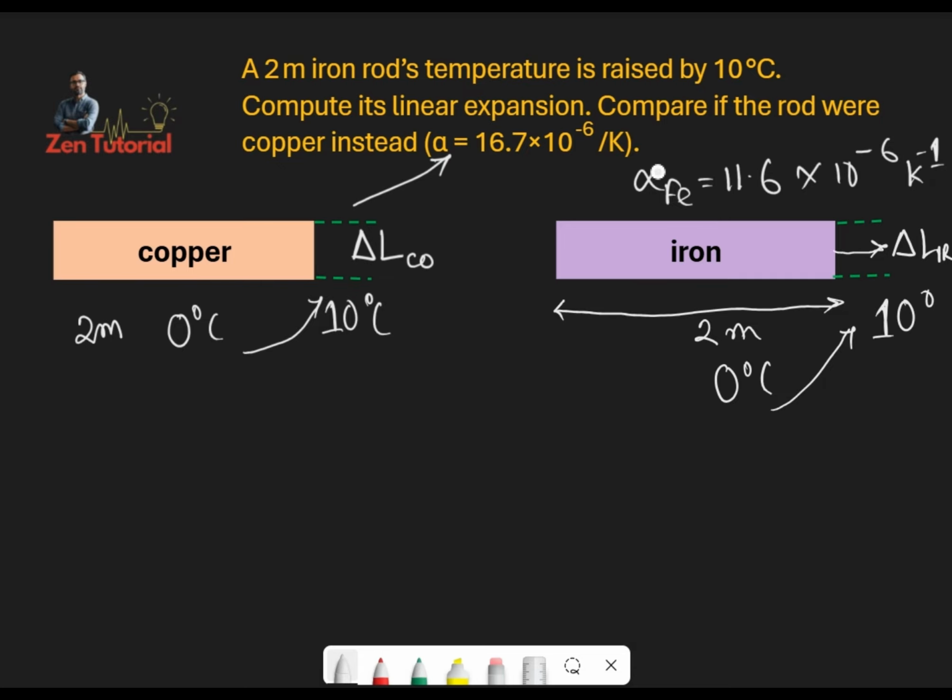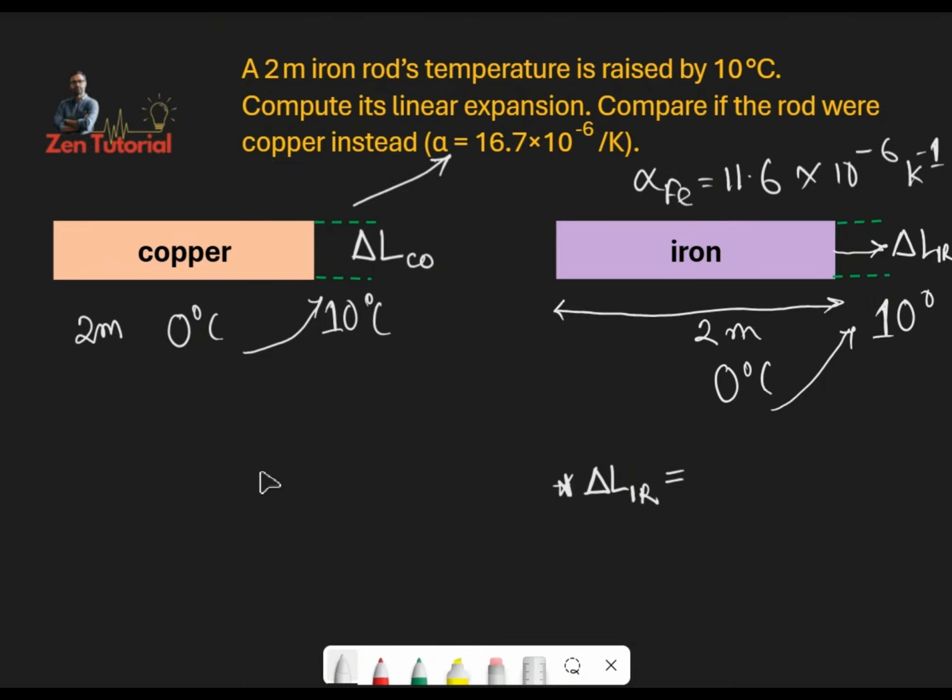Anyways, let's first determine the linear expansion for iron. So del L of Fe is equal to,